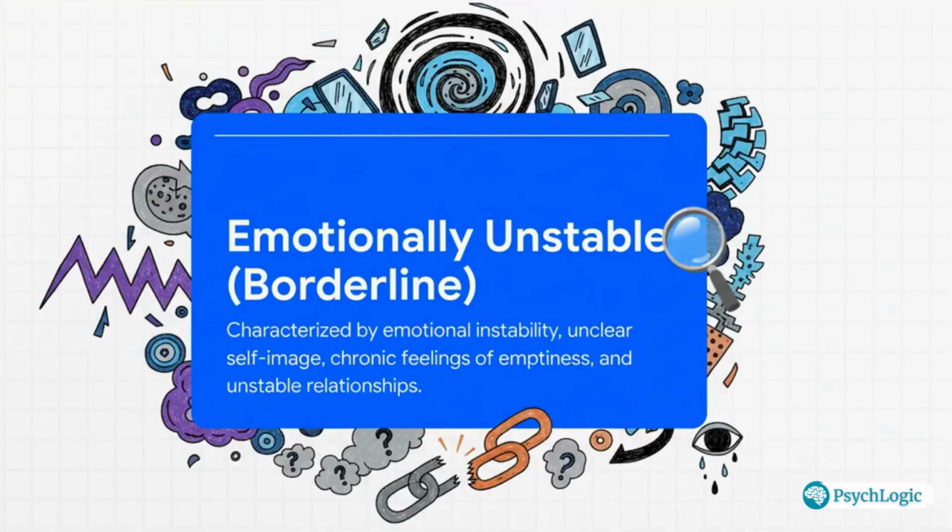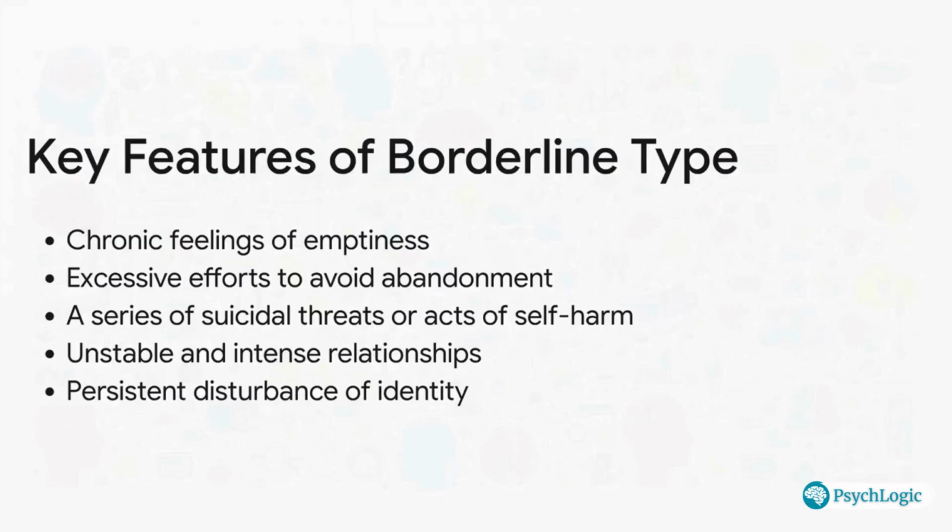So what does that actually look like? Well, let's take a really well-known example from Cluster B, the borderline type of emotionally unstable personality disorder. You can see right in the definition, it's all about a turbulent inner world. We're talking instability in emotions, in relationships, and even in a person's very sense of who they are. And when you look at the specific features, you really get a sense of this experience. There's this chronic, gnawing feeling of emptiness, which can fuel this desperate fear of abandonment. You often see patterns of self-harm and relationships that are incredibly intense, but also really unstable.